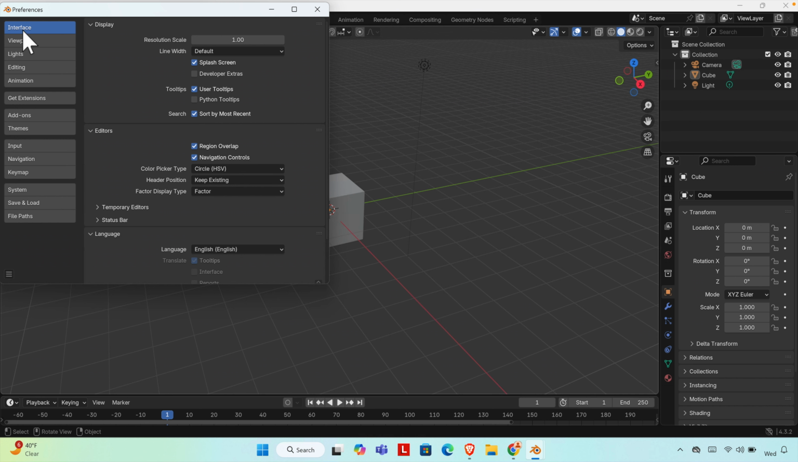From here we have to click Interface, and then on the right side you will find Display and there is a Resolution Scale. By default the resolution scale will be 1, so to make it bigger, basically we can change it from here. We can double click and it will be in a text format, and then over here we can type something like 1.5